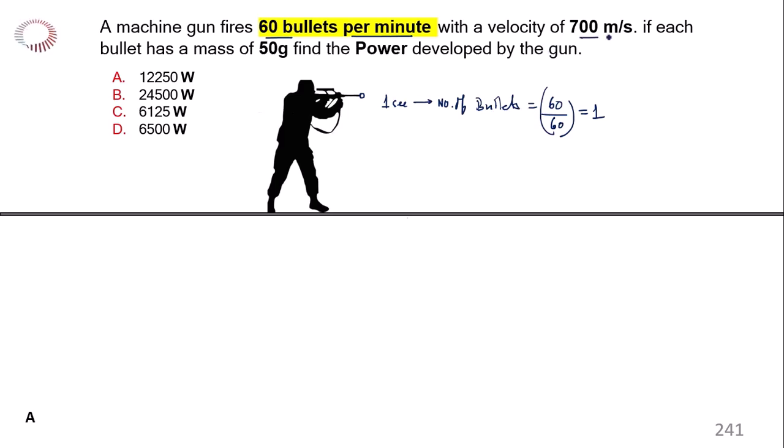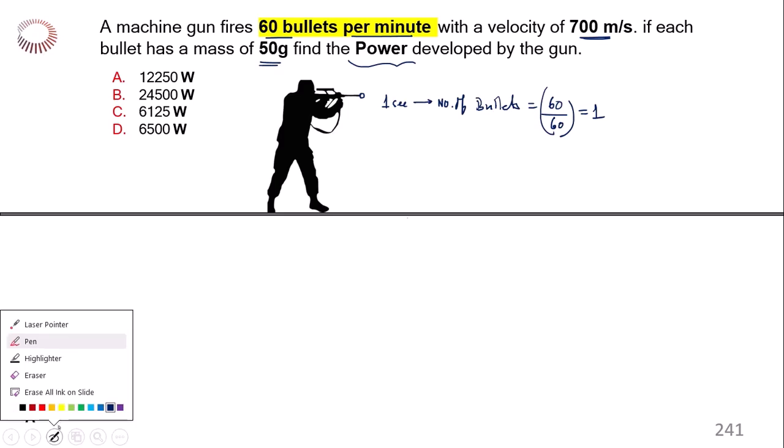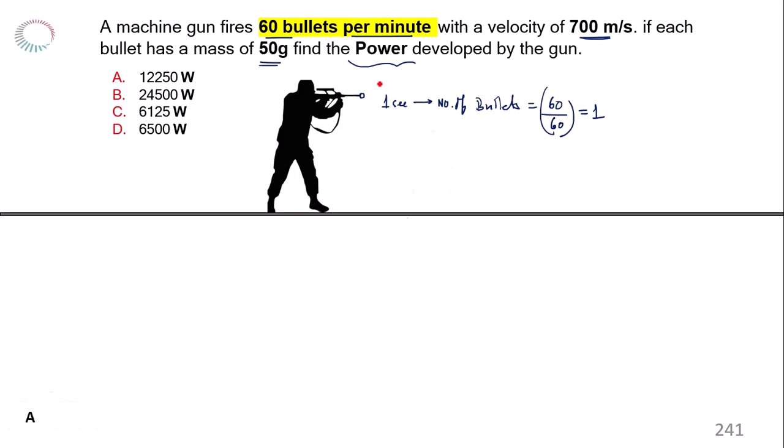So with a velocity of 700 meter per second. So if each bullet has a mass of 50 gram, you are asked to calculate the power developed by the gun. So in this situation, what happens? Every time you have to consider this type of problem in 1 second. So I calculated the number of bullets in 1 second. So if I say the kinetic energy of one bullet